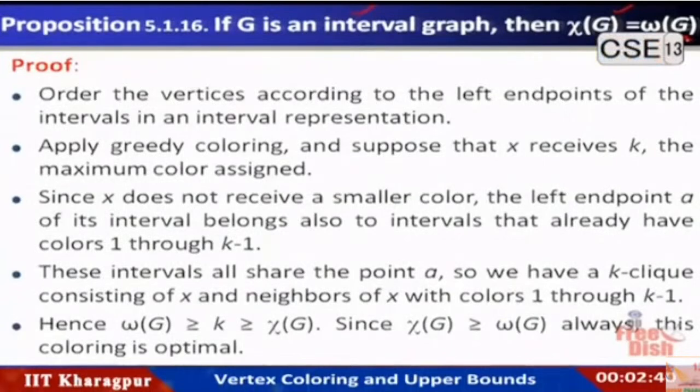Order the vertices according to the left endpoints of the intervals in the interval representation that we have already seen earlier in the example. Apply the greedy coloring and suppose that x receives k, the maximum color assigned. Since x does not receive a smaller color, the left endpoint A of its interval belongs to intervals that already have the colors 1 through k minus 1. These intervals all share the point A, and we have a k-clique consisting of x and the neighbors of x with colors 1 through k minus 1. Hence omega G is at least k,